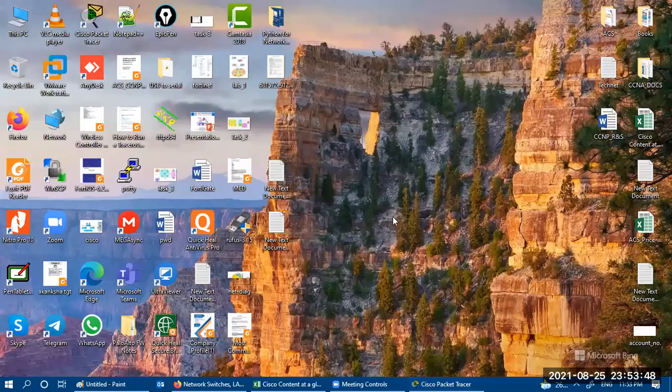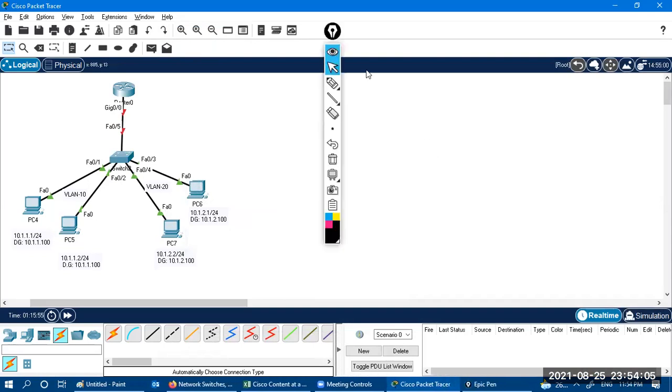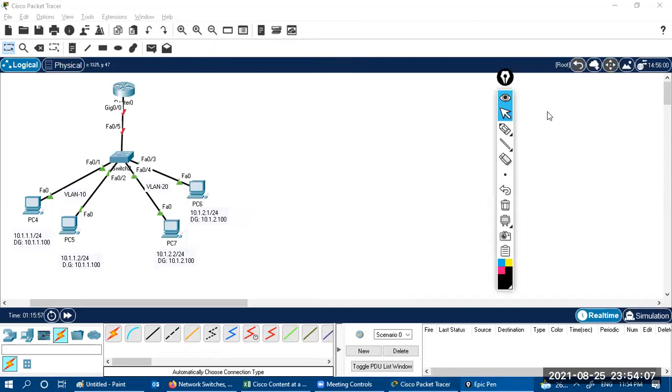Now here we have to understand a few things. F0/1 and F0/2 are members of VLAN 10.